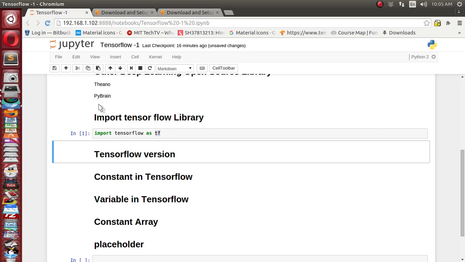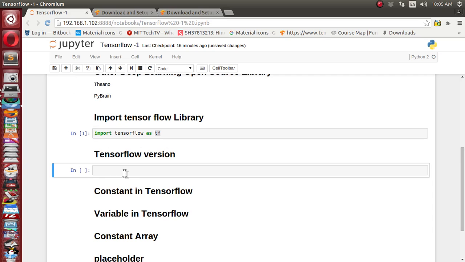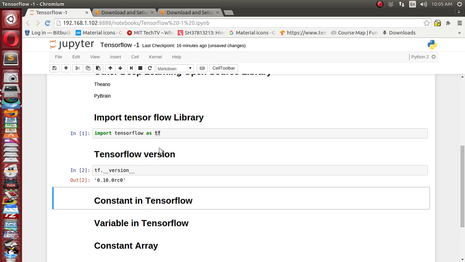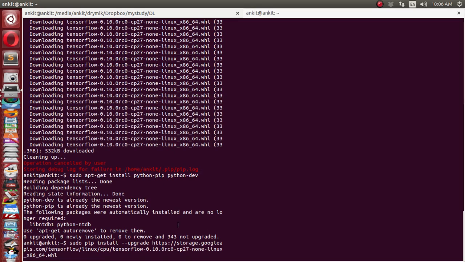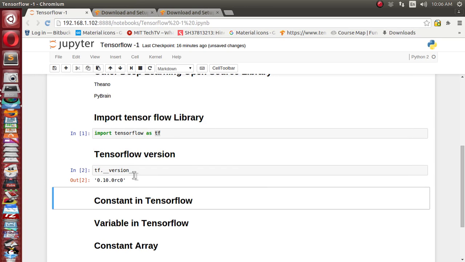Now let's see whichever version we have installed. We can reference TensorFlow with the tf variable, and there is a version field on tf. Okay, it has shown us 0.10.0 RC0. That's what I have installed here, the 0.10.0 RC0 Linux 64-bit version. Based on your configuration, your version may be the same, but the version might be different.